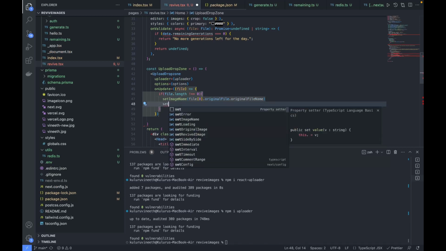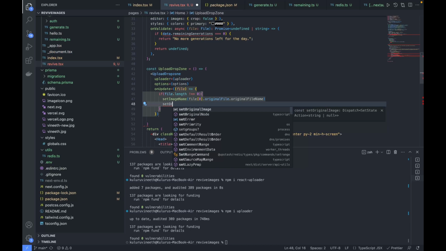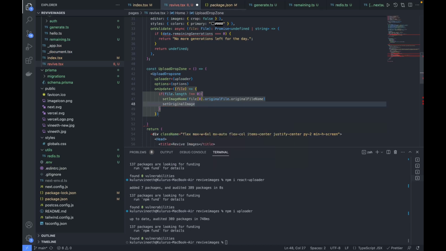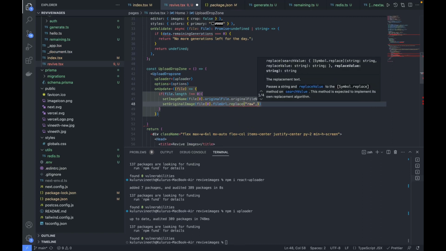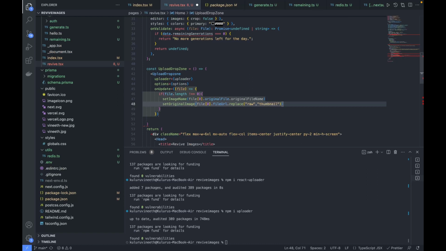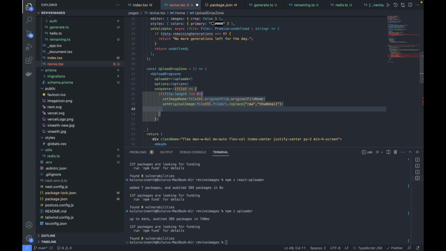Then I'm going to set the original image to file.fileUrl.replace raw with thumbnail. So this is the original image, and then